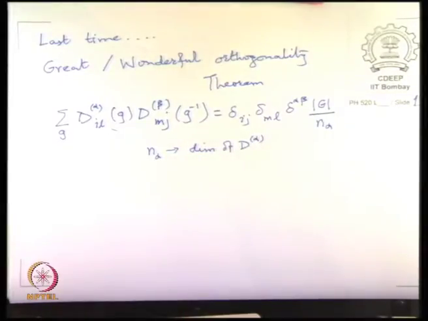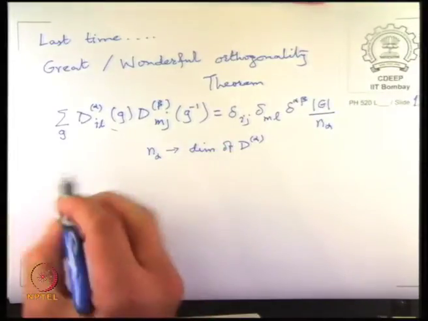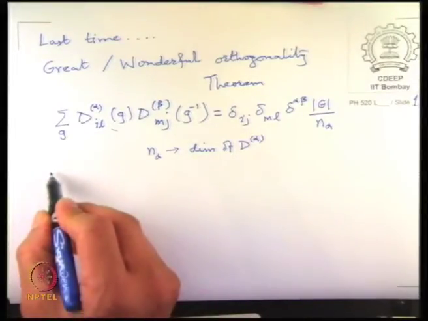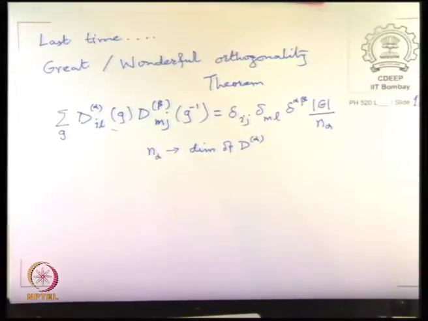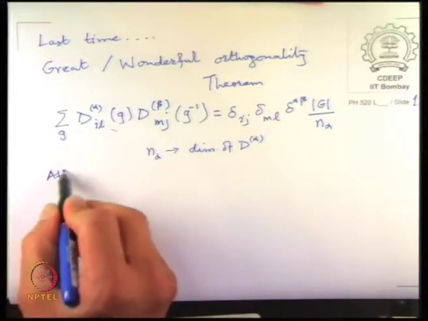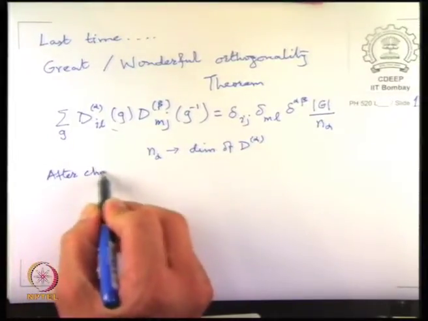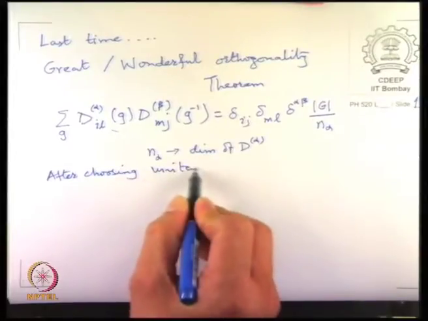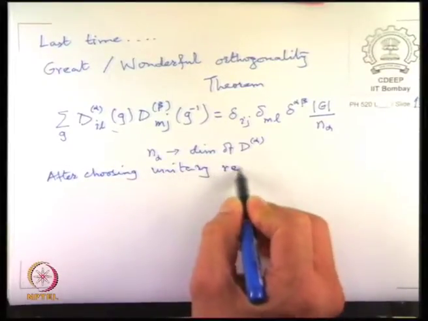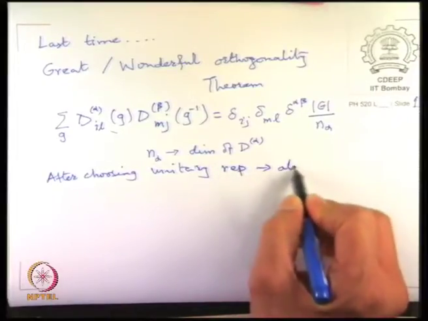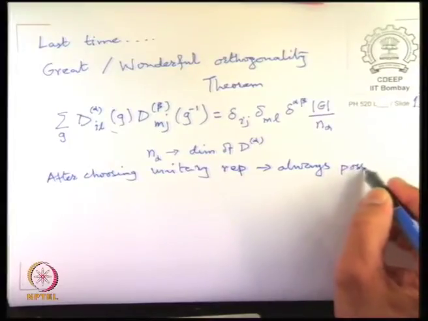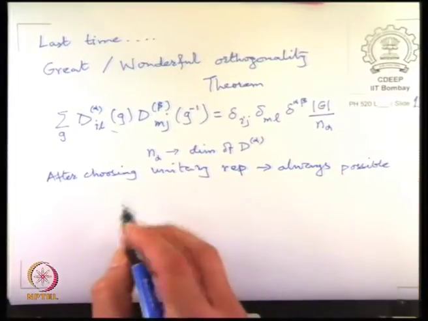And by that we mean that the D alphas are n by n matrices. Then, since a representation can always be chosen unitary, which is always possible, this we had proved as a separate theorem, after choosing the representation unitary, we get